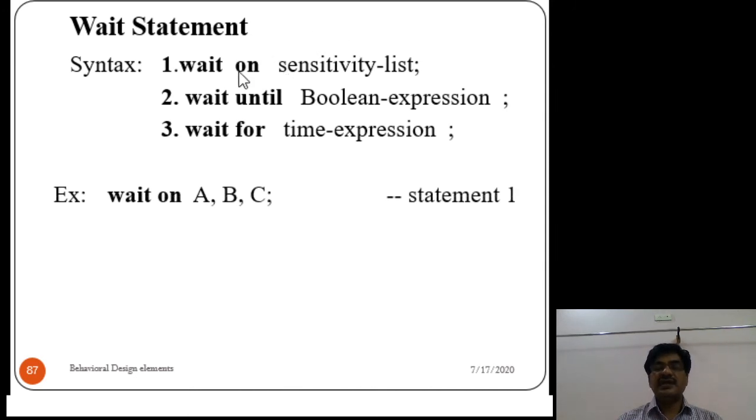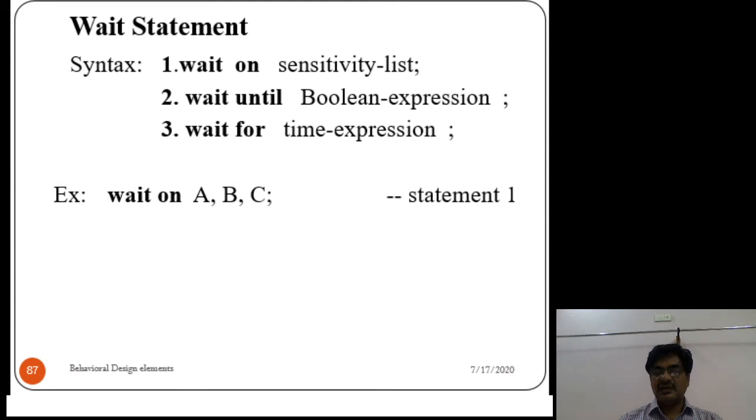The processor waits for an event to occur on the list provided in the statement. Suppose in this example, wait on A, B, C, the processor waits for an event on either A, B or C. What is meant by an event occurring? Changing the value, either 0 to 1 or 1 to 0. That is called an event.